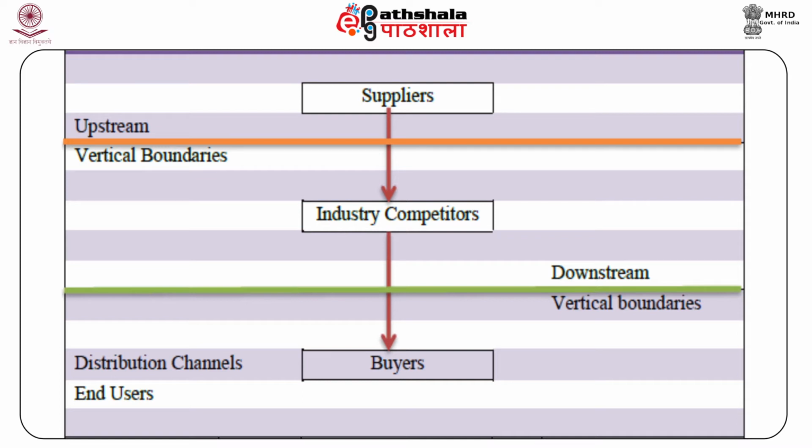The vertical boundaries reveal decisions regarding the activities that the firm performs and the activities left to the market. Thus, a set of questions that may arise when a firm attempts to define its boundary are: what activities does the firm do? What does the firm leave to the market? This problem is known to economists as the make or buy problem of the firm.